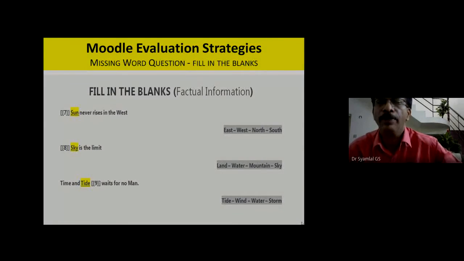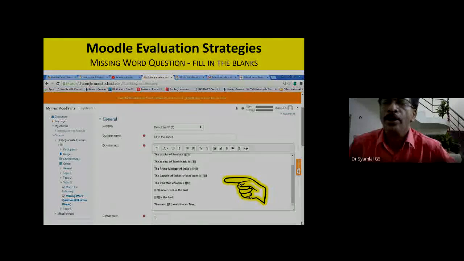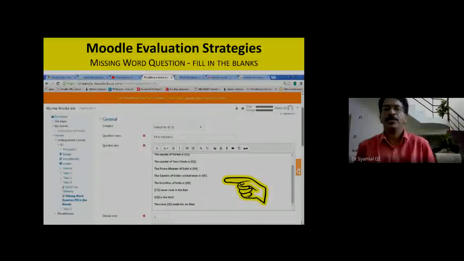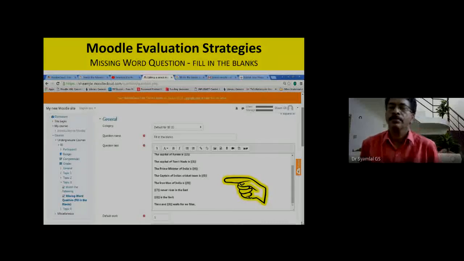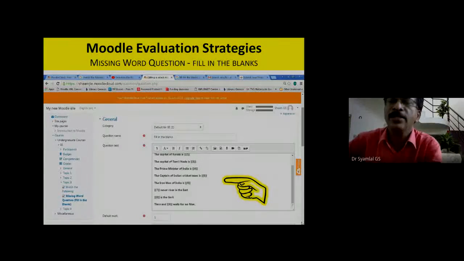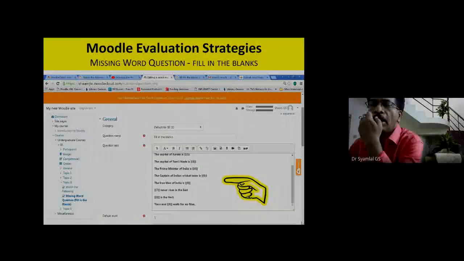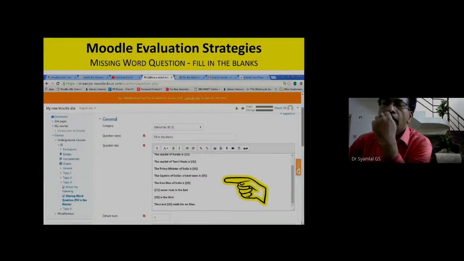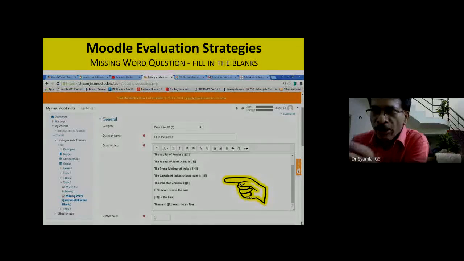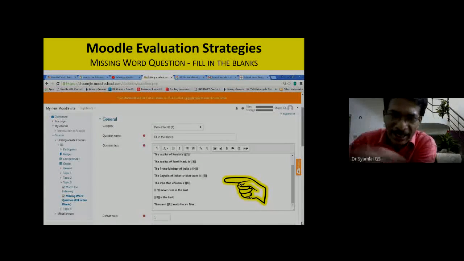Okay, then going back. Now click onto that. Add a question. Question name: fill in the blanks or missing word question. Copy the whole content and paste it here like this. Here you can see we have deleted all the highlighted words. Copy it here and you are expected to delete the highlighted word.